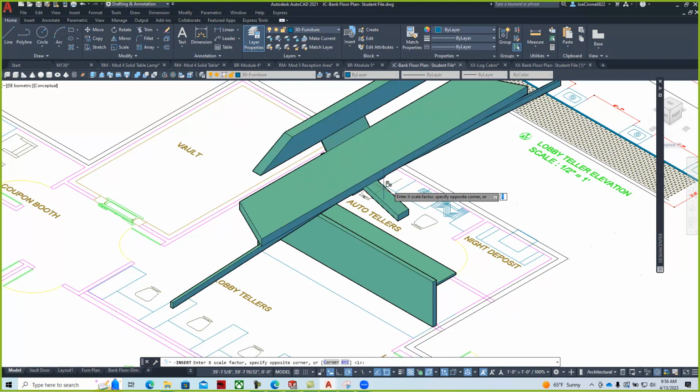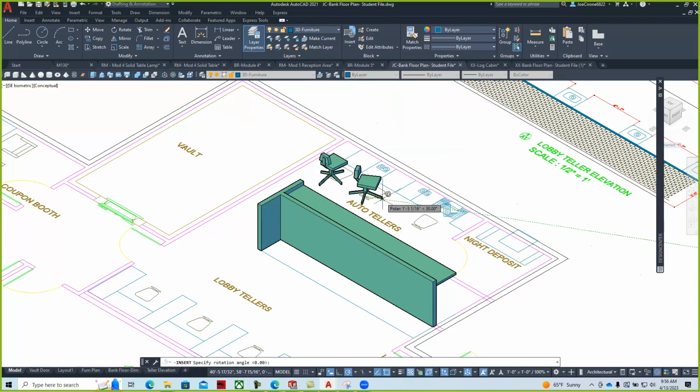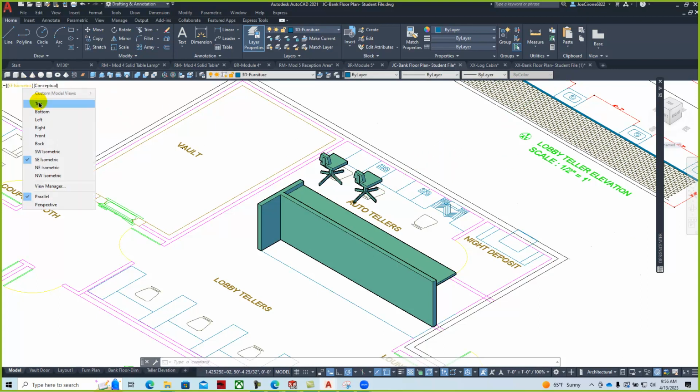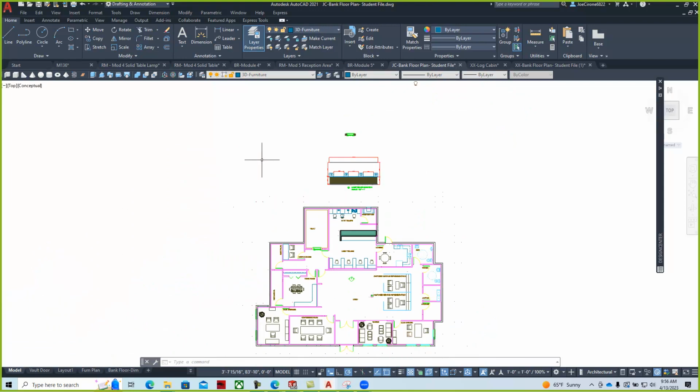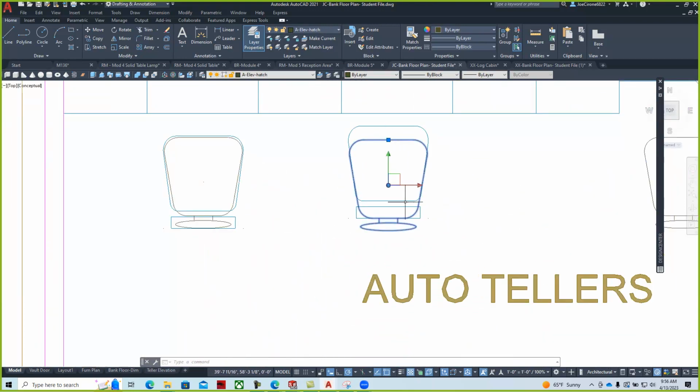And so I can just say, okay, let's put that here. I'm not going to scale it. I'm going to rotate it like that. And then you can line things up in the top view. And so we can go to our top view,